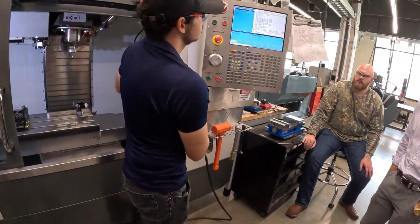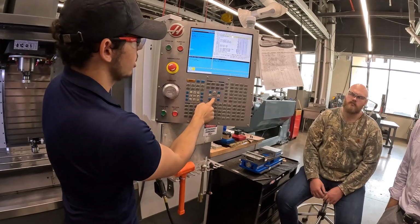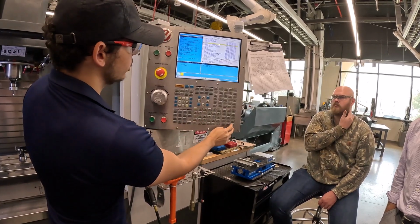Program button. I'm going to list program. I'm going to go over to USB device. I'm going to find it. Mine is 2003. I'm going to do select program. If I press enter,